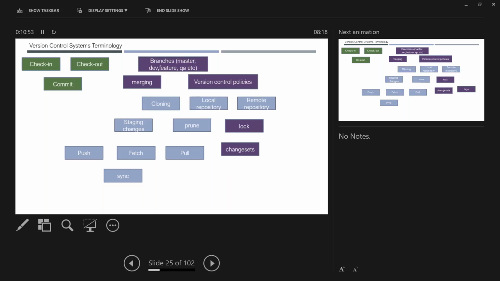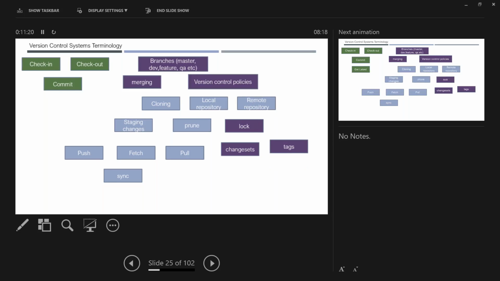And then change sets is nothing but, every time you commit some code to the repository, everything is associated with some ID. Okay, that ID is nothing but the change set actually. This is like your employee ID or whatever it is. In a similar way, every code that is checked into your server has some ID. That is called a change set.